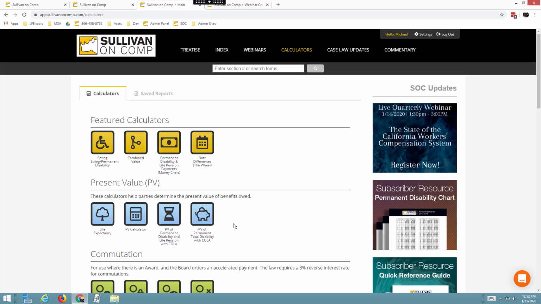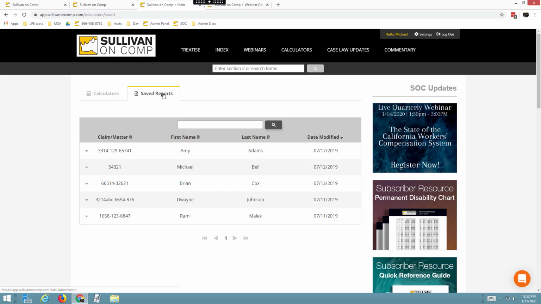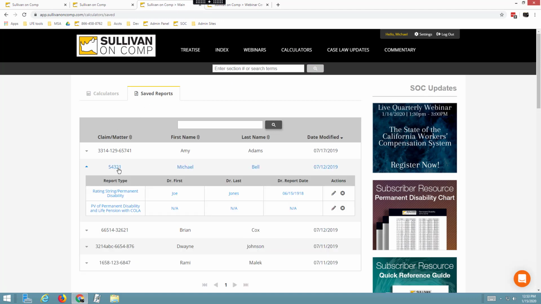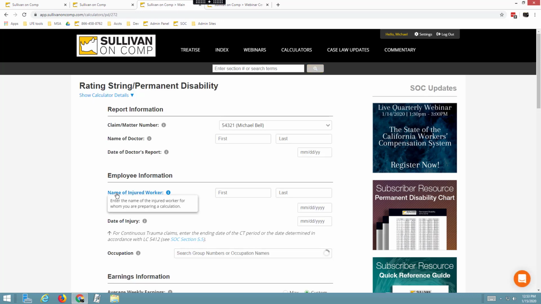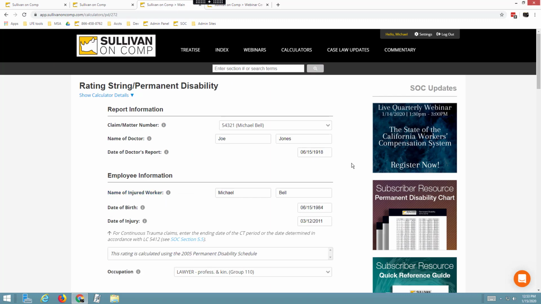When you generate a report in a calculator, you can also choose to save it, although you don't have to. If you've saved a report, it'll appear in this Saved Reports section, and you can return to view any report that you've saved. I'll go into a permanent disability report because this gives us a good example of a completed